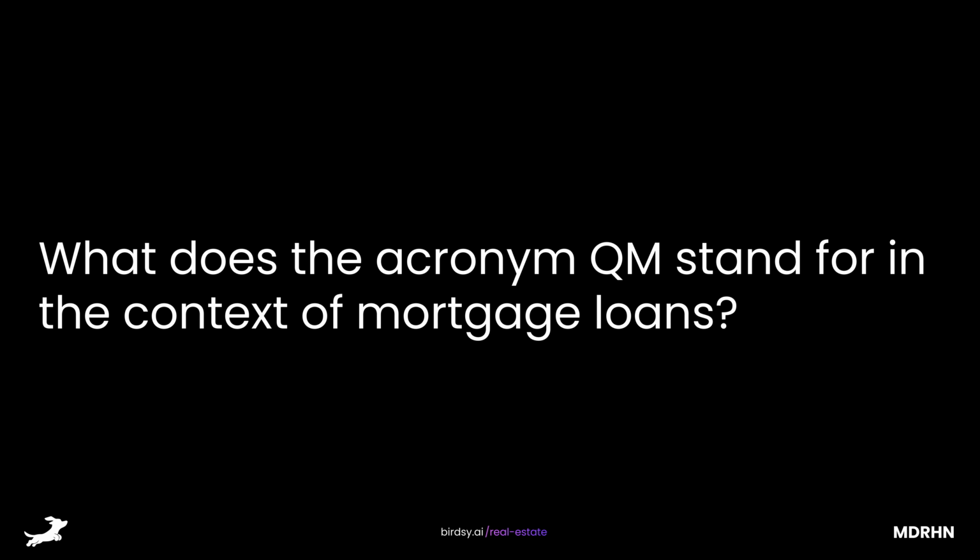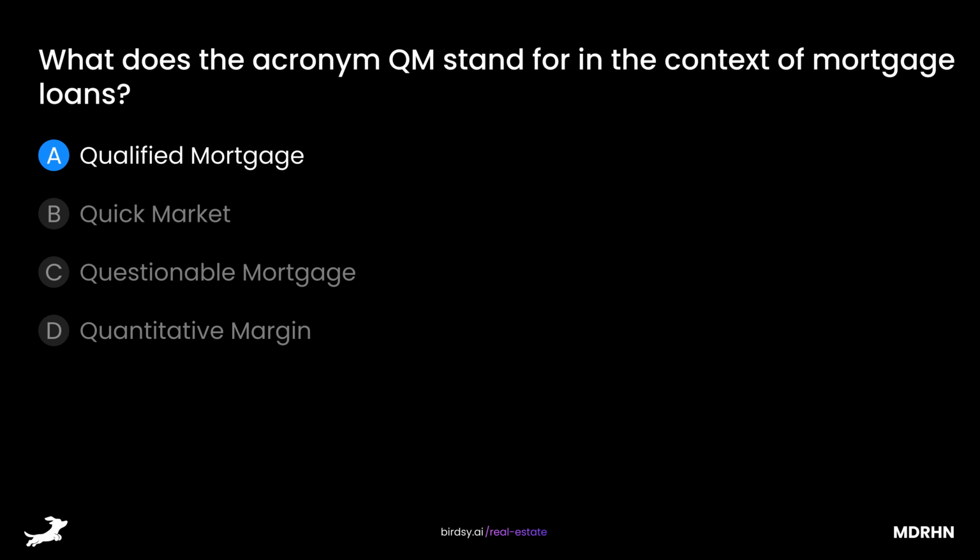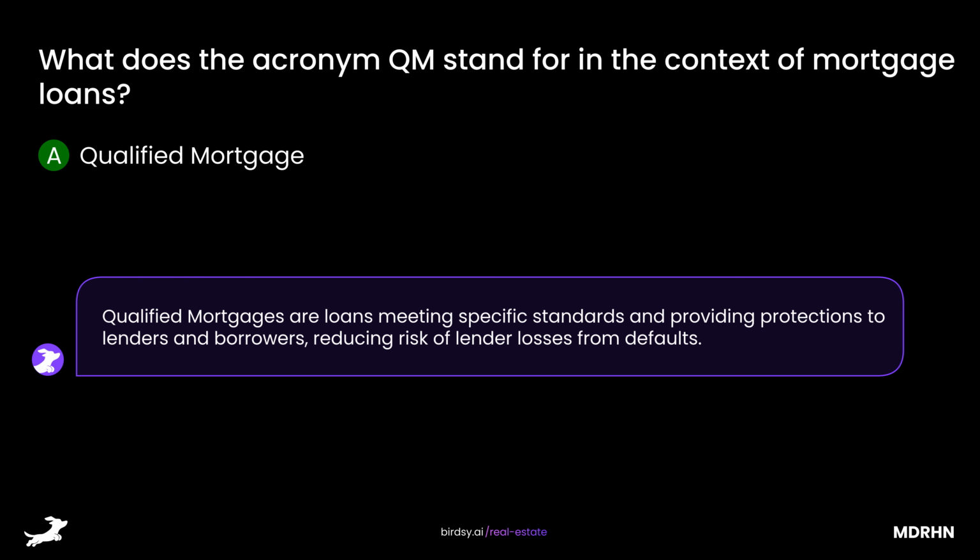What does the acronym QM stand for in the context of mortgage loans? Is it A, qualified mortgage? B, quick market? C, questionable mortgage? Or D, quantitative margin? The answer is A, qualified mortgage. Qualified mortgages are loans meeting specific standards and providing protections to lenders and borrowers, reducing risk of lender losses from